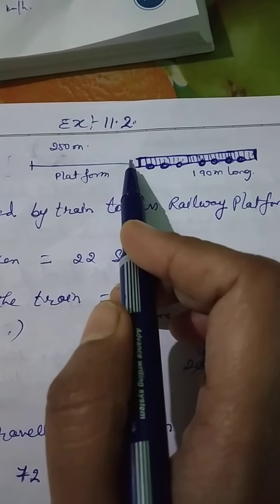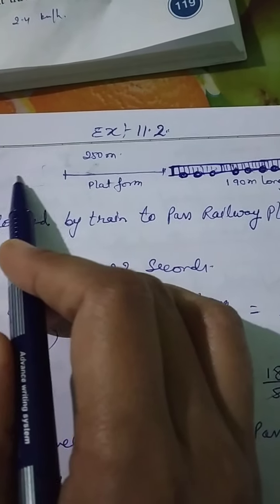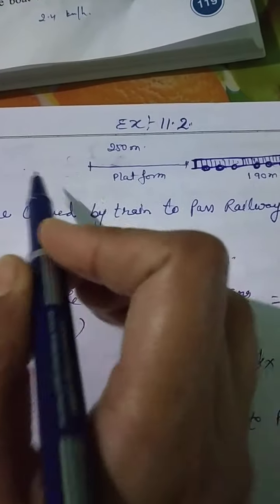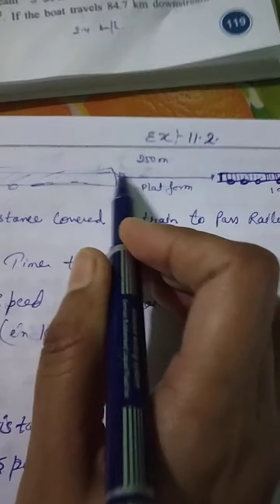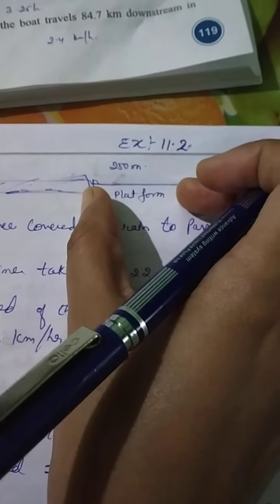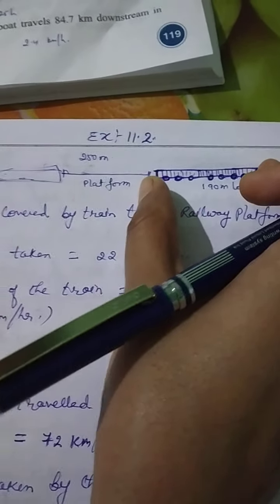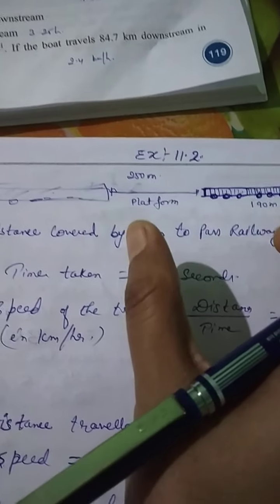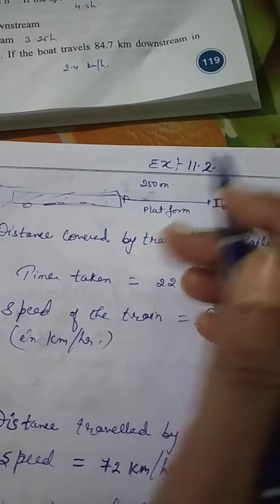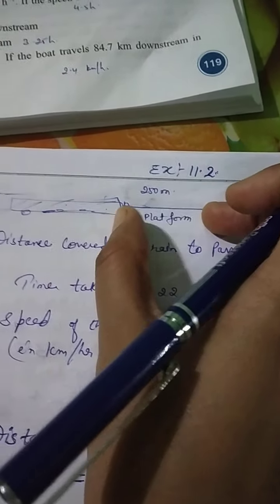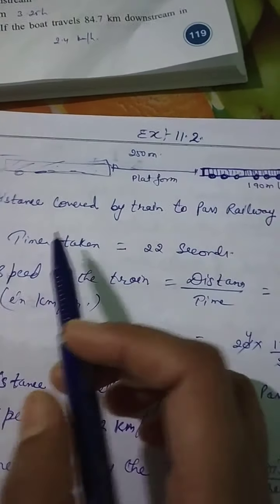Look here, the train will start traveling. This much distance it will travel, 250 meter, and after that it will cross it fully, completely. Means the train will come to this side completely after crossing it. So this much distance of the platform plus the length of the train, that much distance the train will cover to cross this platform completely. Platform distance plus length of the train is the total distance covered by the train to pass through